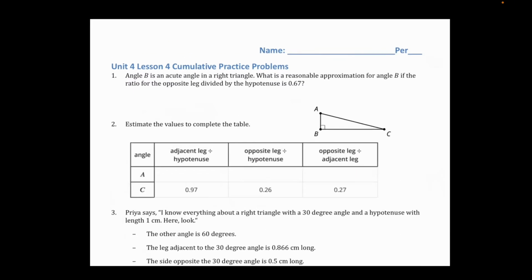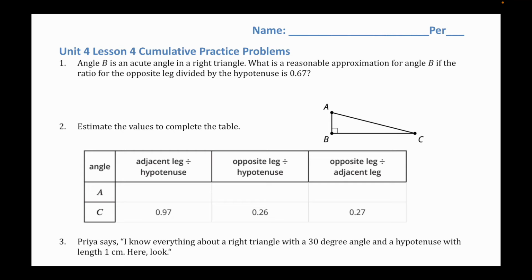Hey everyone, it's me, Miss B, and in this video we are looking at the Unit 4 lesson for cumulative practice problems for Illustrative Mathematics Geometry. So this lesson was all about finding ratios in right triangles, and so that's what this homework assignment is going to be about. So starting with the first one, we have angle B is an acute angle in a right